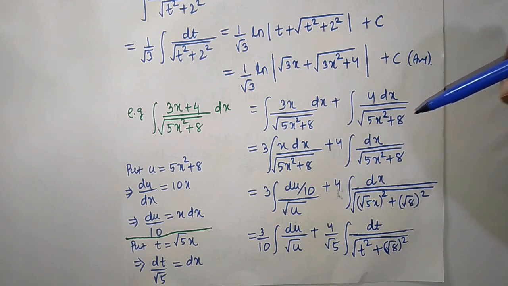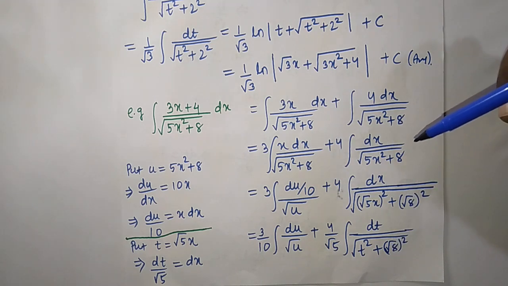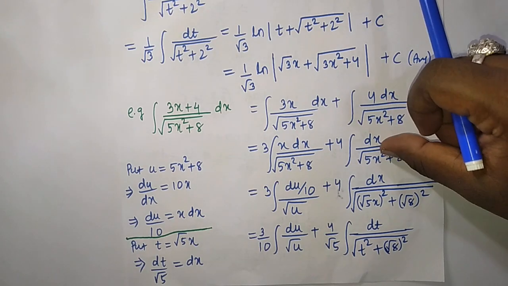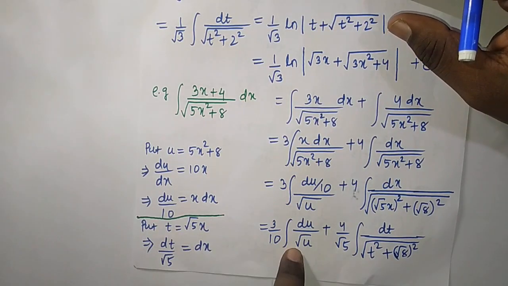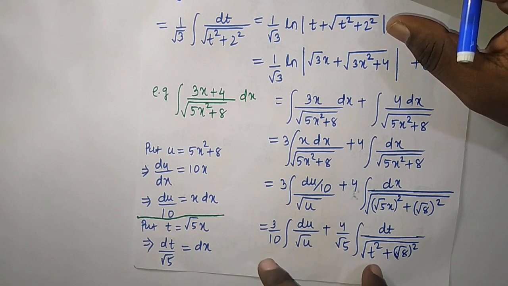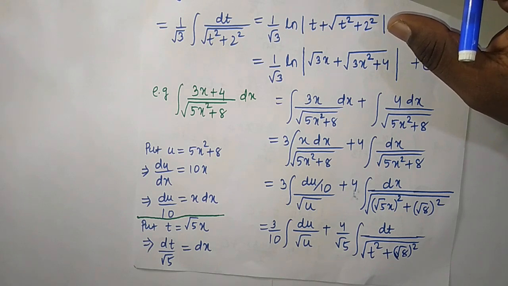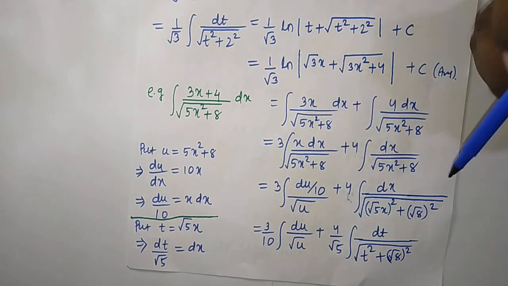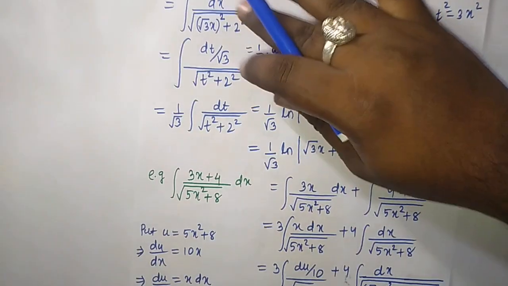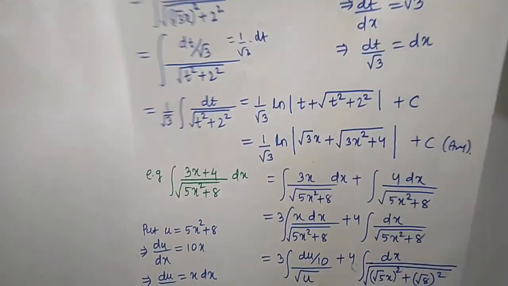Here, 8 was there, so in place of 8 we can write root 8 whole square. This side I have solved like the previous example, and this side I have used the substitution method. You can solve here; up to this only I have given you the hints, and further you can do. You know both the processes. On this side you can use the substitution method, and this side you can solve like this. We will find the answer.